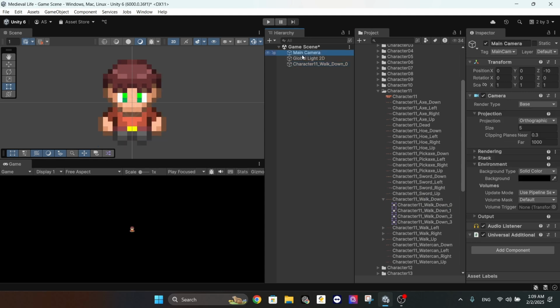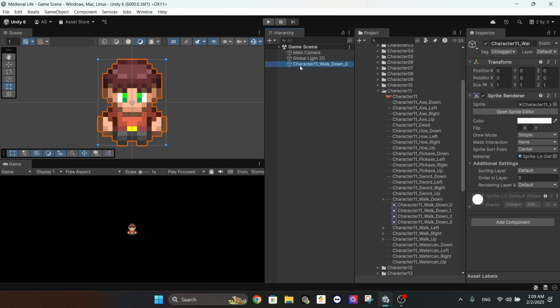Now we need to zoom the camera a little bit, so we are going to choose the main camera, choose the size to be smaller to zoom the camera. So for example, I want it 2.4 or 2.5. Okay, save. Now we are going to call this our idle